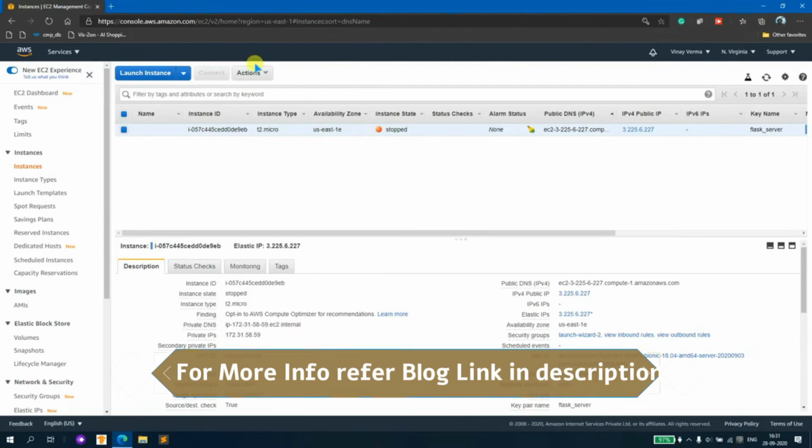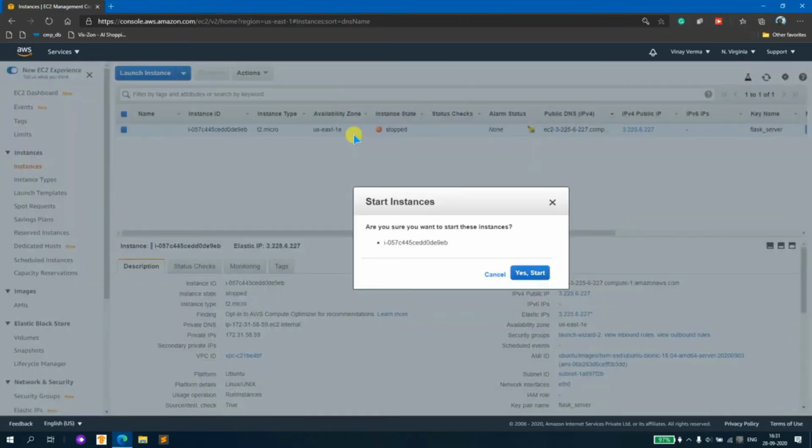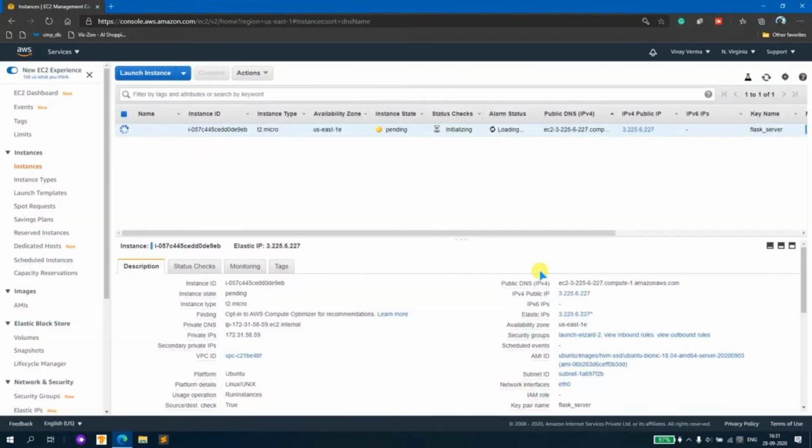So I have selected this instance and I click on this and start. So this is asking me to start. I said yes, start that instance. So as I started that instance, whatever time I am using this instance or the instance is started, it will be costing me money. So it will be using my credit card to run, and yeah, that's it. So it is in pending state. Here I can watch the state if it is running or paused. So currently it is running. It is of type T2 micro, so we don't need to take care about that. So now it's in running state.